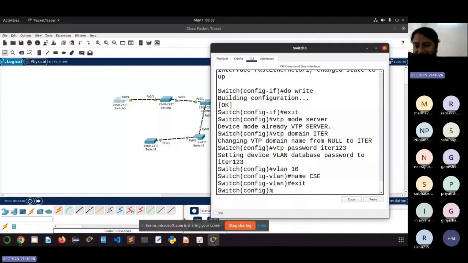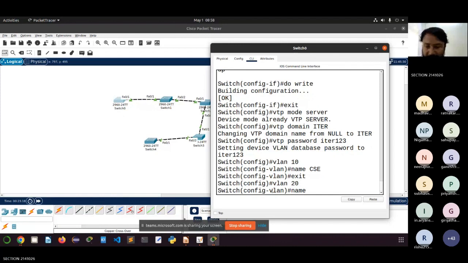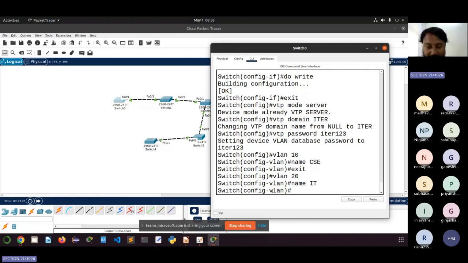I have created that VLAN into the server switch. VLAN 10 is given the name CSC. Then VLAN 20 I am creating and giving the name as IT. VLAN 30 I am creating, giving the name